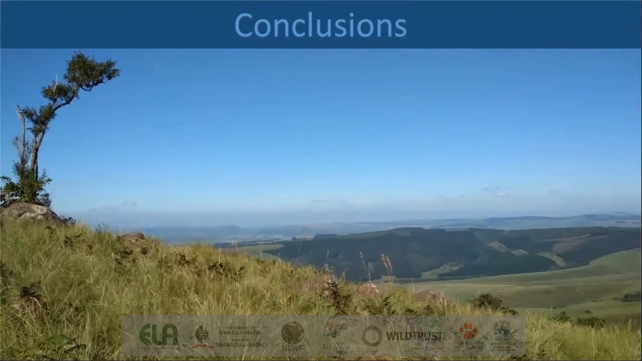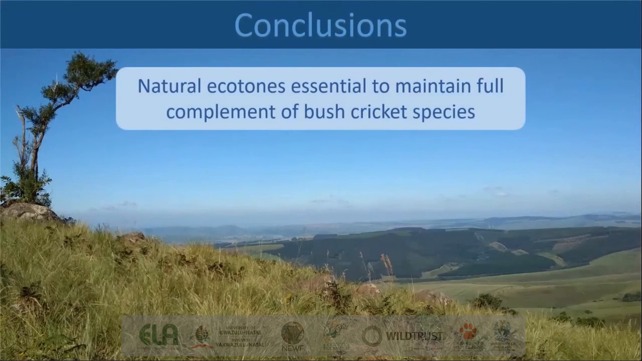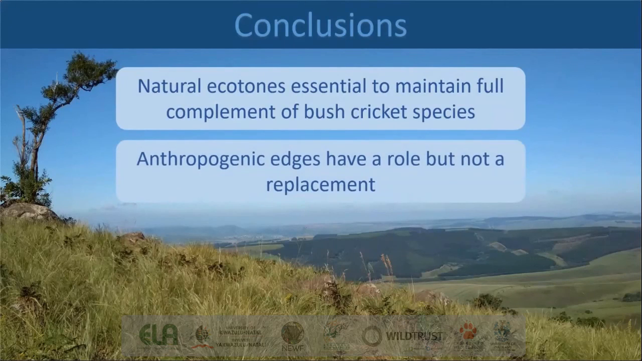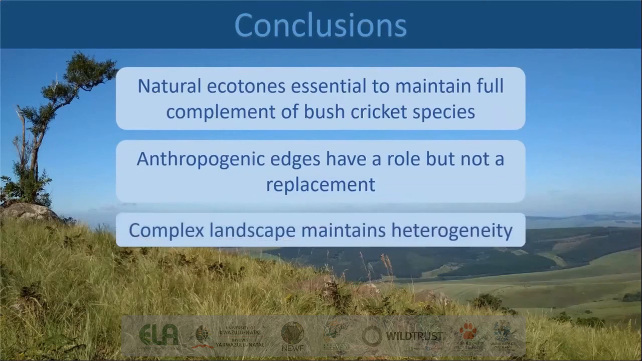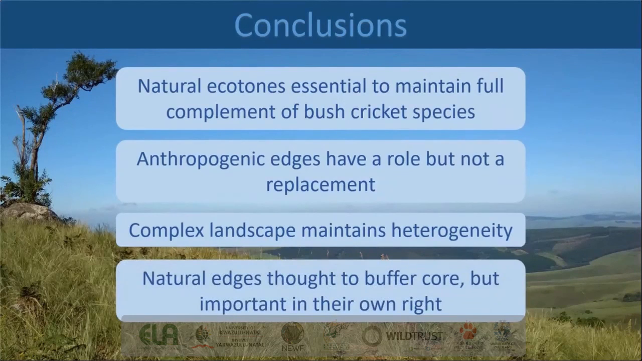So what does this all mean for conservation in the landscape? Well, natural ecotones are essential to maintain the full complement of bush cricket species. Secondly, anthropogenic edges are not without value in these complex landscapes, but they are not a replacement for natural edges. Thirdly, this landscape maintains high heterogeneity, which in turn supports higher number of species. And finally, natural edges are thought to buffer the core biotopes, but these have been proven to be important in